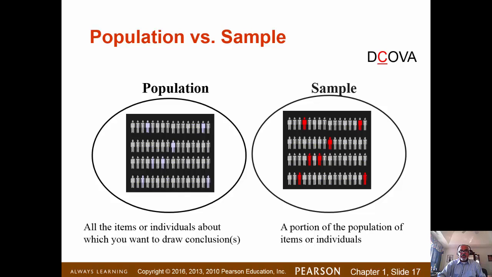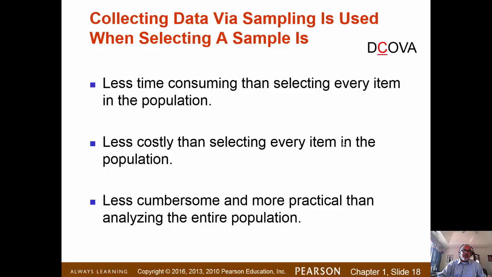So here is a visual representation of what I just said. So population, this is a complete list, and this is a partial list. It's selected few individuals. Okay. Why do we do that? Well,